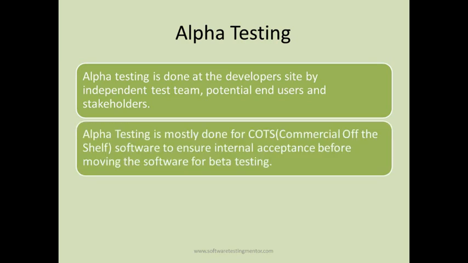Alpha testing is mostly done for commercial off-the-shelf software to ensure internal acceptance testing before moving the software to beta testing. So usually if there is a company which is developing off-the-shelf software for the mass market, alpha testing is mostly done for those kinds of products, which need to be internally acceptance tested by a potential group of end users, the independent test team, stakeholders or product managers before moving the software to beta testing